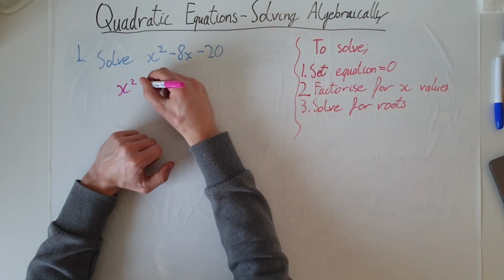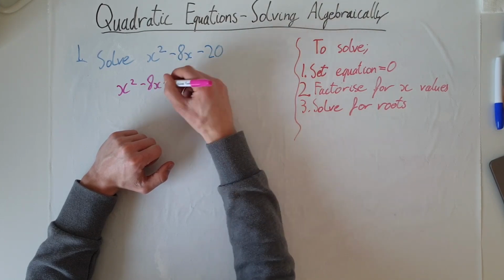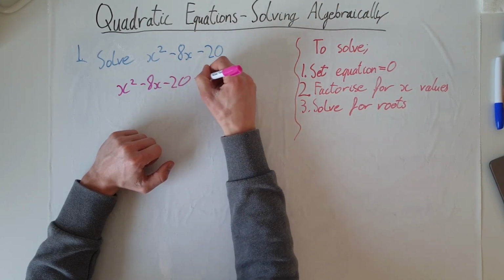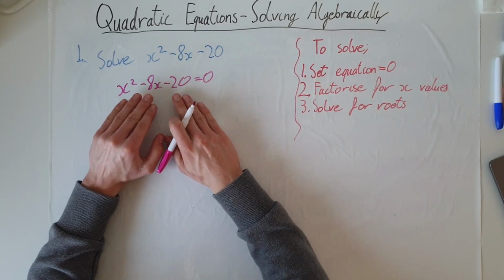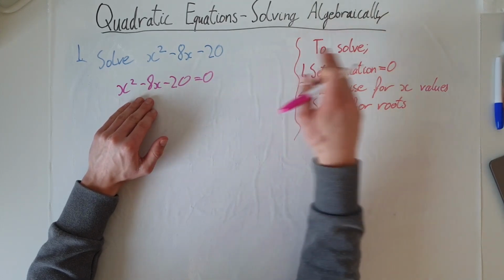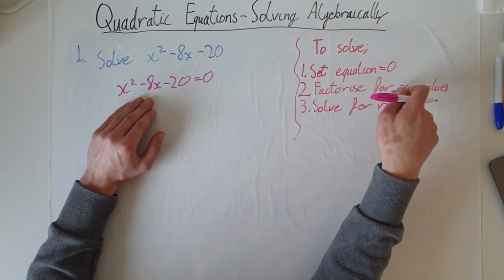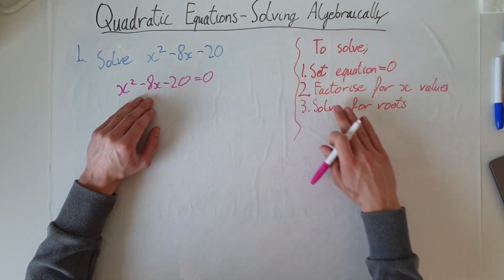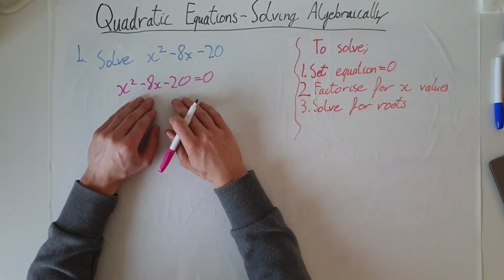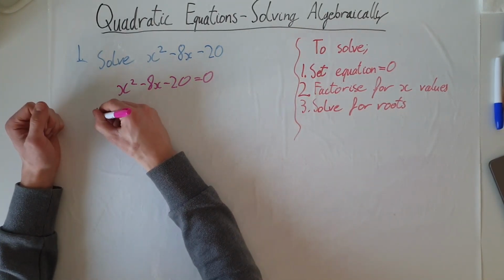x squared minus 8x minus 20 is equal to 0. And now our equation is in the correct form. It's set equal to 0, so we're ready to solve this trinomial equation and factorise for x values. So, just as we normally would with a trinomial,